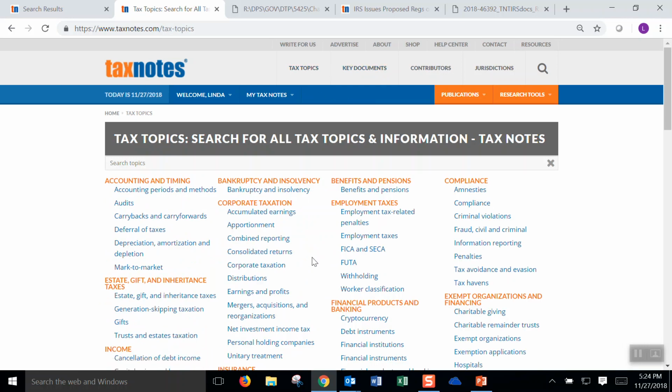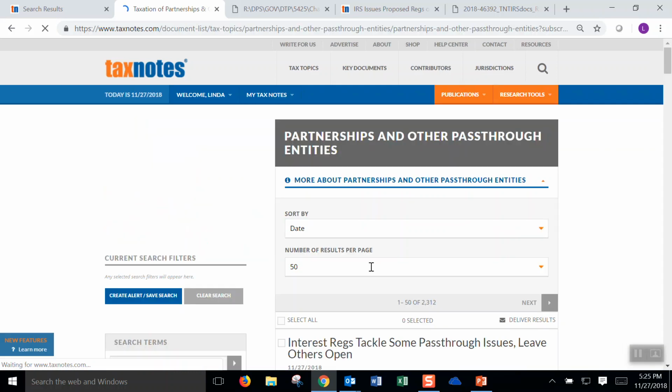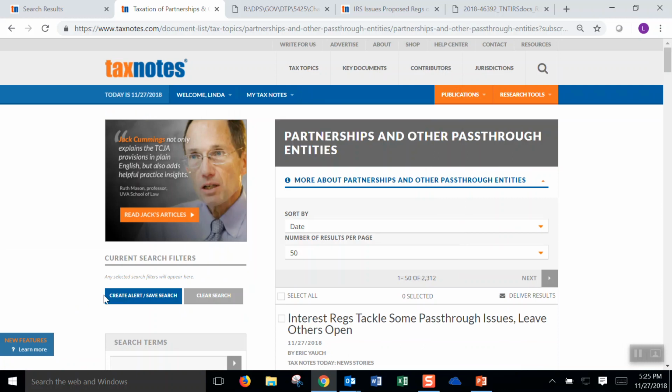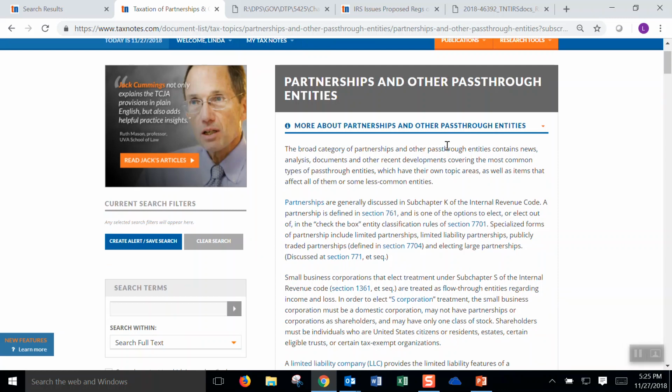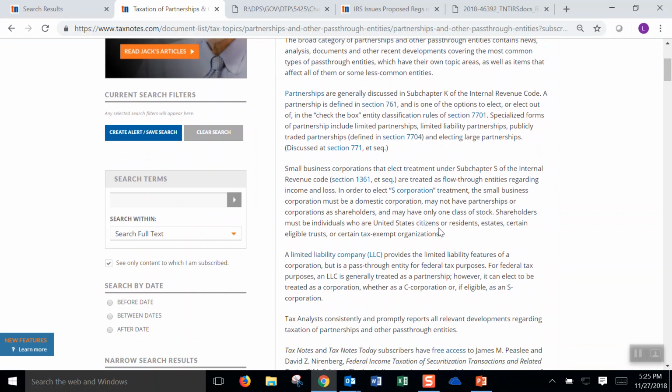So here at Tax Topics are the selection of tax topics. If you don't see an appropriate topic right away, put your cursor in the box and start entering it. So we're going to run this search about pass-through entities. Let's go ahead and make that one into an alert. So with a topic-based search, we can expand this discussion here, learn a little bit about the topic. We'll see references to the relevant code sections and references to any related topics. These are links, so I could run a search for articles about S-Corps or LLCs using these blue links.